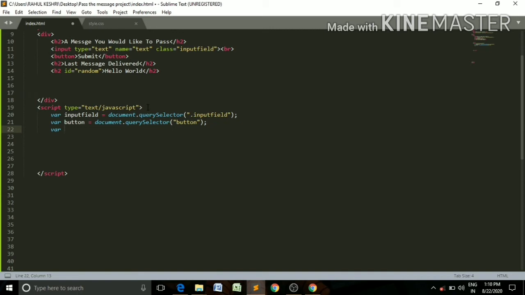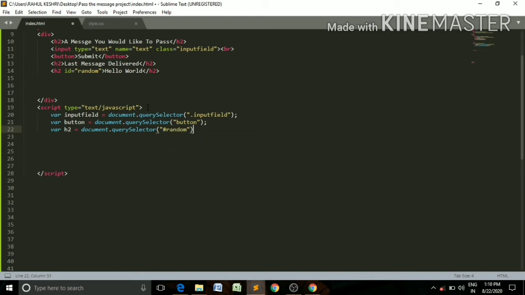Now let's create a variable for the h2 heading: document.querySelector, hashtag random.